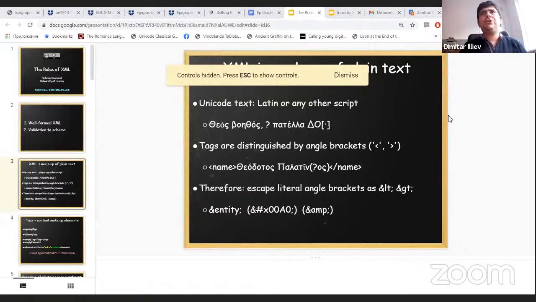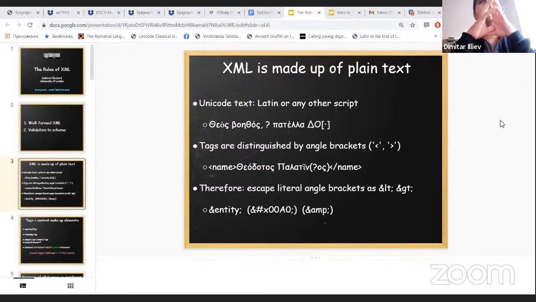Here is a file which deals in slightly more detail with the rules of XML, which were generally outlined in the previous presentation. Basically, XML is text. It's text plus metatext, which is used to annotate bits and pieces of the text. So it could be easily written down in a very basic text editing program, such as Microsoft Notepad or something like that. We don't do this simply because it's